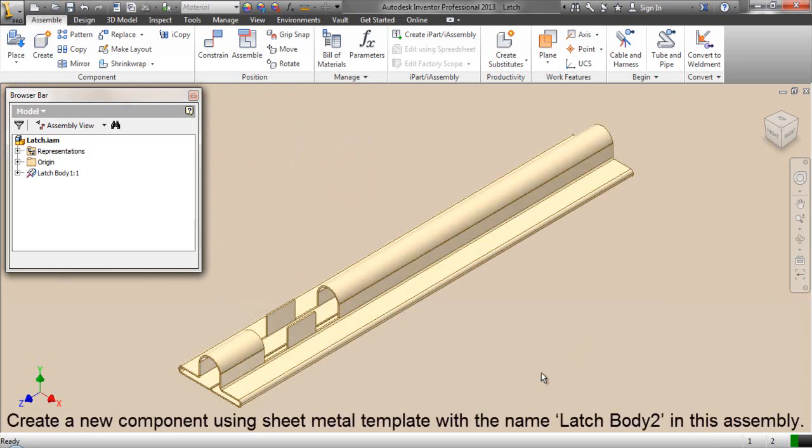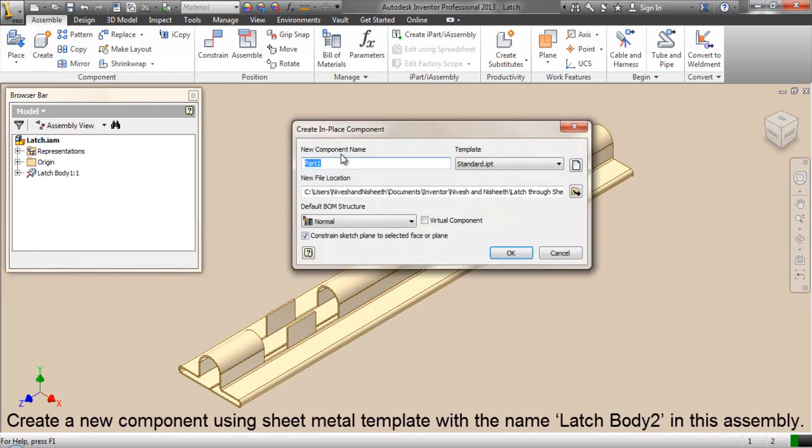Create a new component using sheet metal template with the name latch body 2 in this assembly.